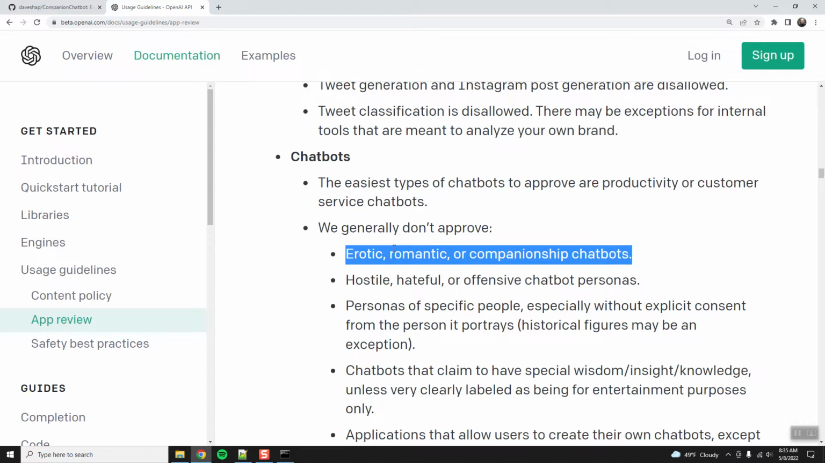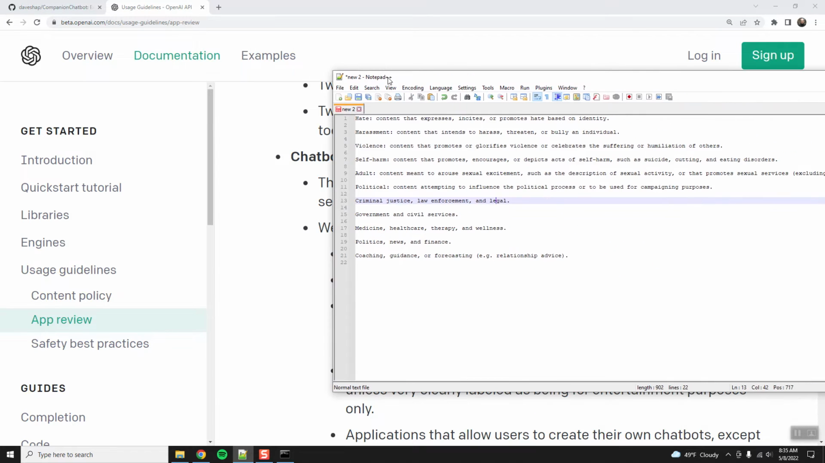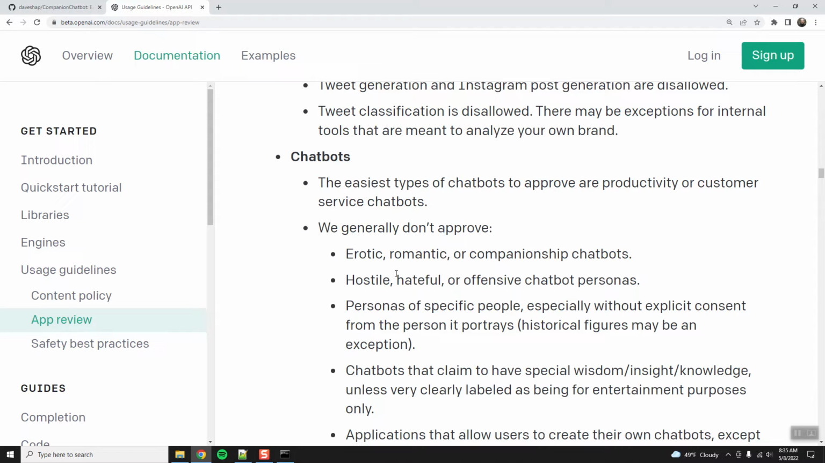Erotic, romantic, or companionship chatbots. Now, I am creating a companion chatbot. However, I still want to try and make it safe. So the reason that this is considered high stakes is because they don't want you to develop an emotional